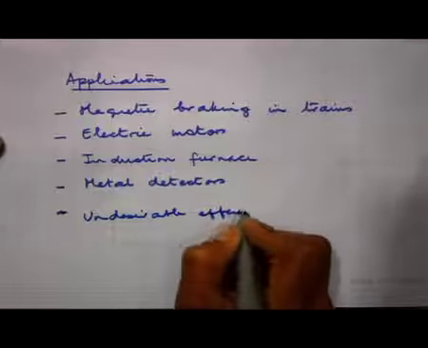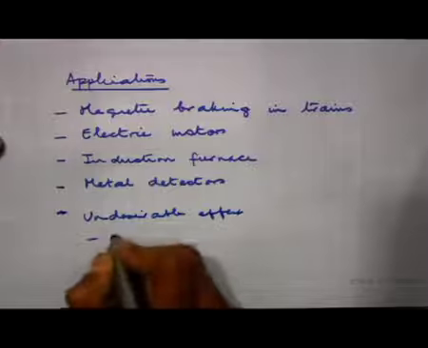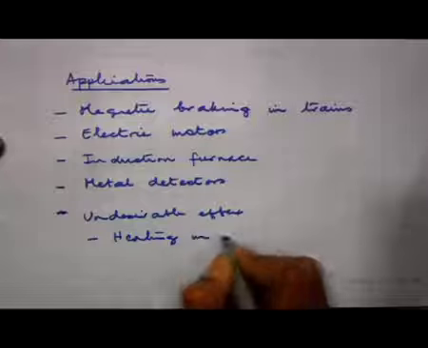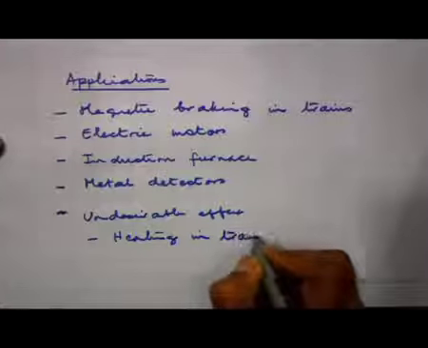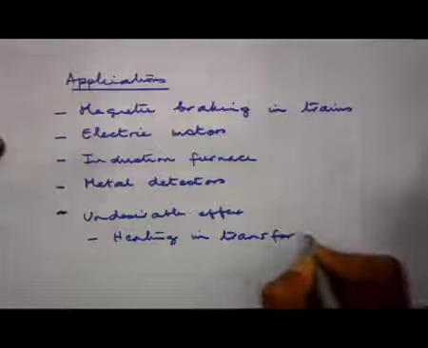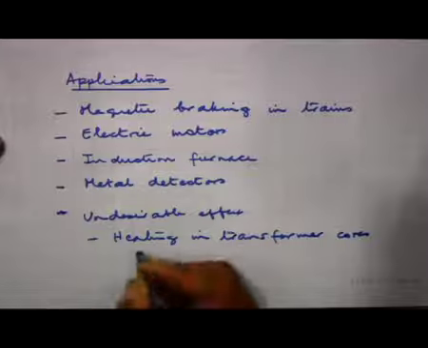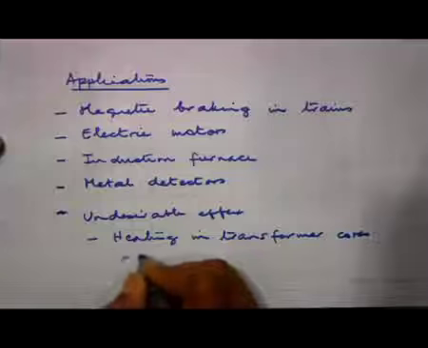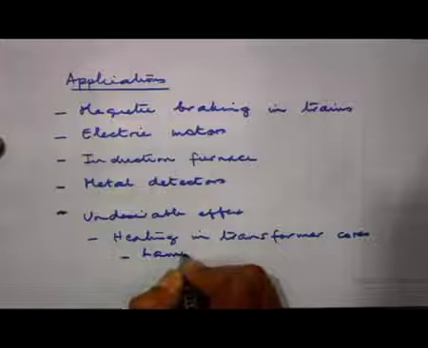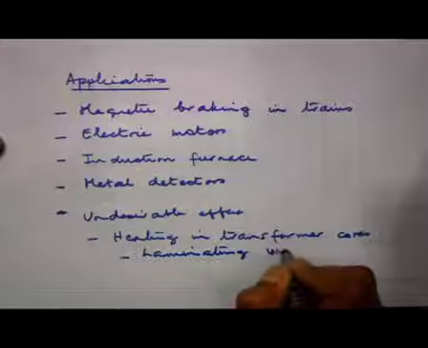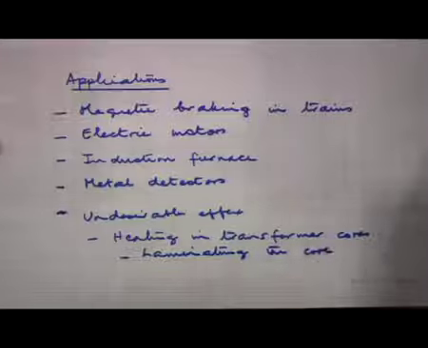And I must mention that there are some undesirable effects. The undesirable effect is essentially that it causes heating in transformer cores, and as I just now mentioned, this can be reduced by laminating the core. So, for example,